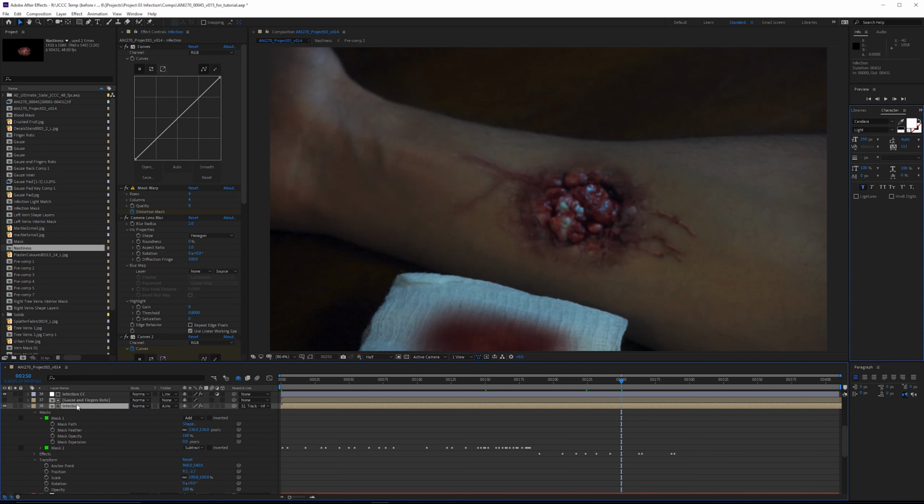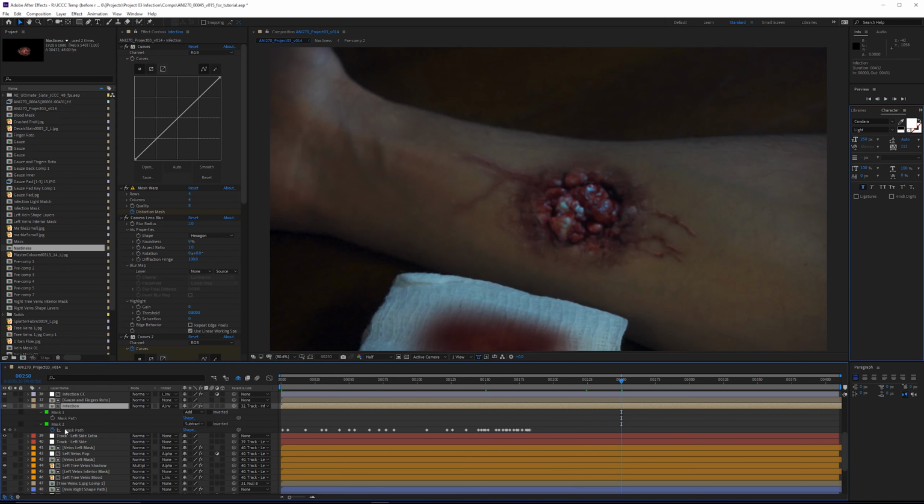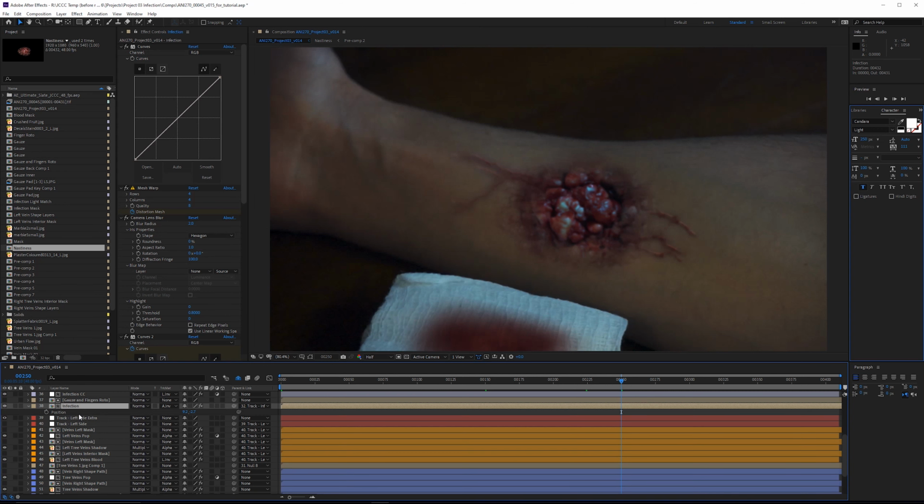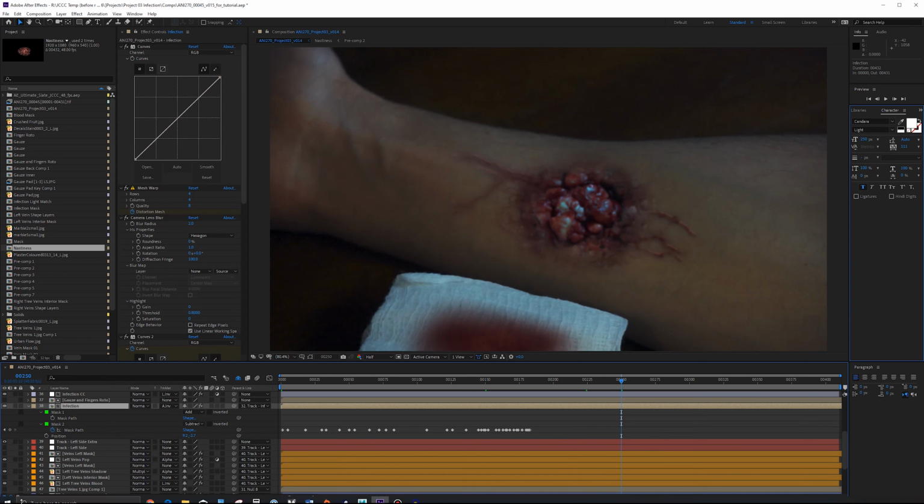There are shortcut keys. For example, if you just want to look up masks, you can click M, which will only bring up the masks that are on there. If you only wanted to look at position, you could click P. But if you want to do both, you could have one already selected, so I click P to have position selected. But then if I want to have another one, all that I have to do is hold down the Shift key and then click M, and then it will bring up the masks.